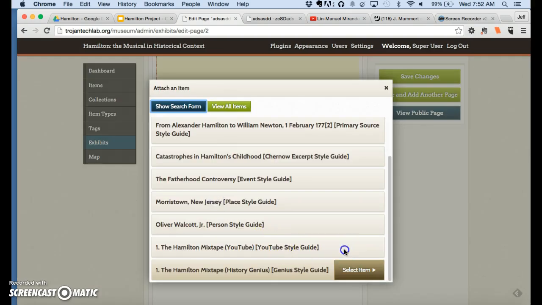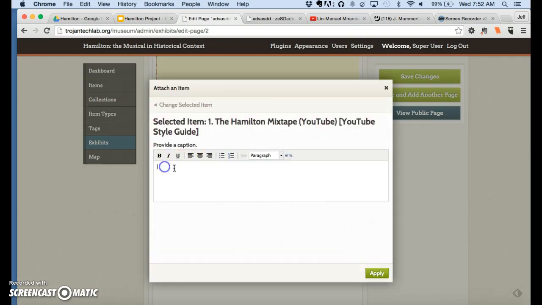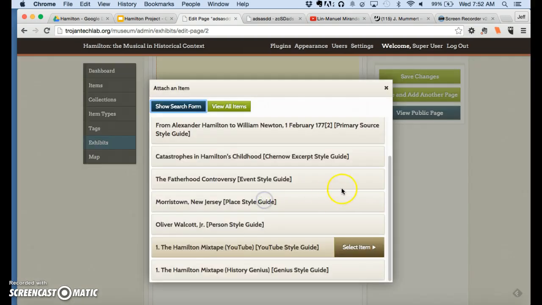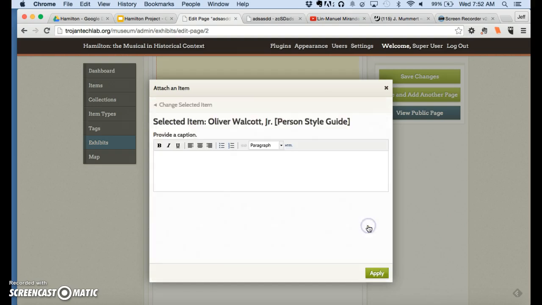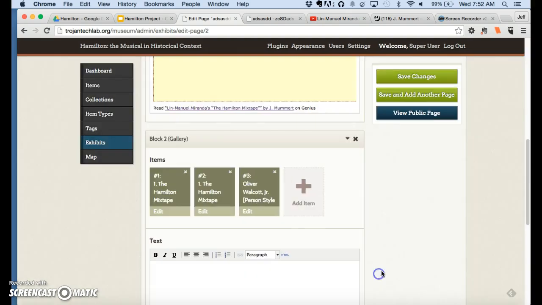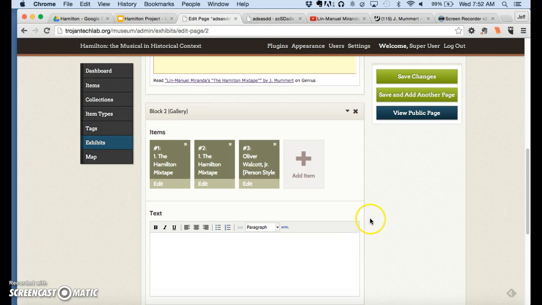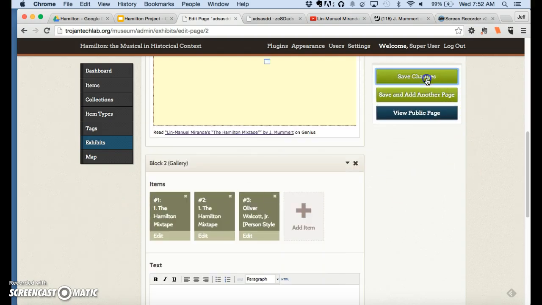Continue to do that. I'm going to add this one now. Make sure you put in text. Look at my style guide. There it is. You can keep doing this, adding each item, putting in the text, boom, and eventually you'll get all your items here. You can drag and drop them to resort them if you want to, but for each one of these, whatever text you put in here is going to actually show up on the exhibit page. Okay, so I'm going to hit Save Changes,